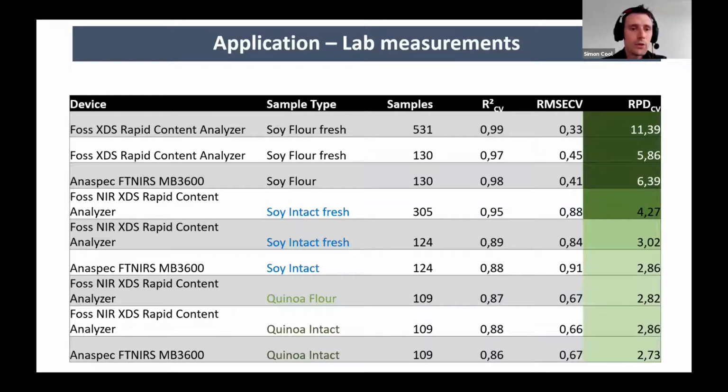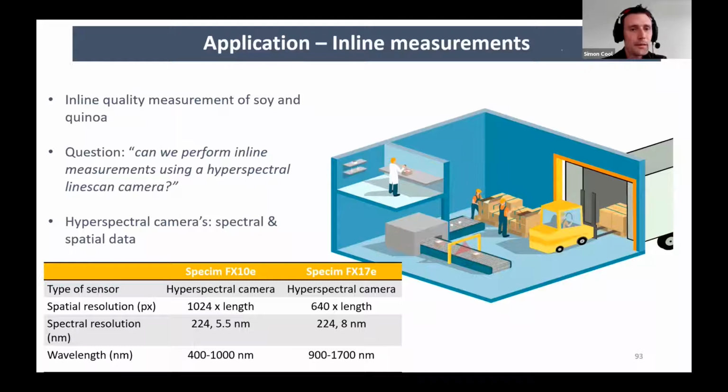So you see that for soy flour, very good results were obtained, a very high RPD value and a low RMSE value. For the intact beans, the results were still usable for quantification. As you heard from Johan, a threshold value above 2 or above 3 indicates a good performance. And in this case, I will go to the last application example, the inline measurement of soy